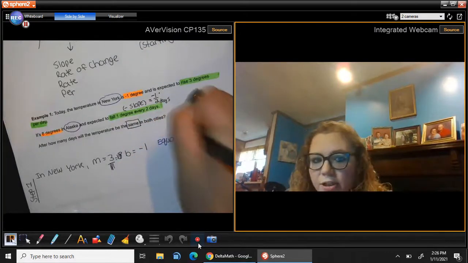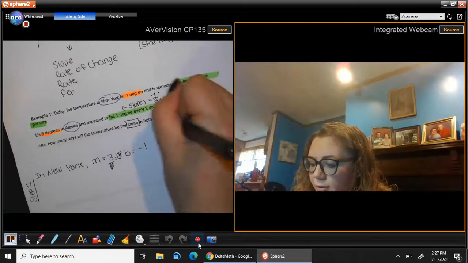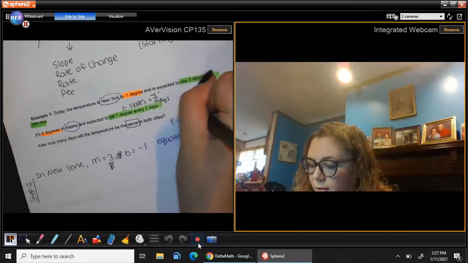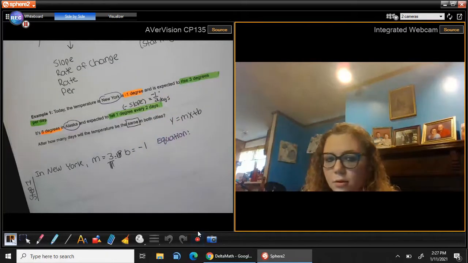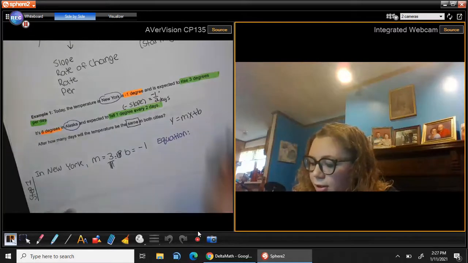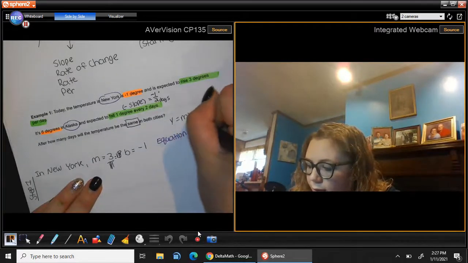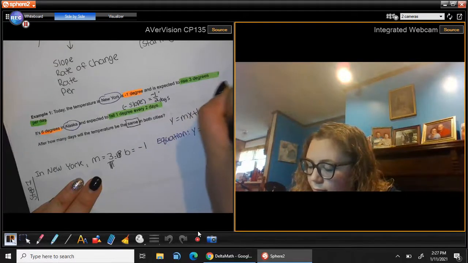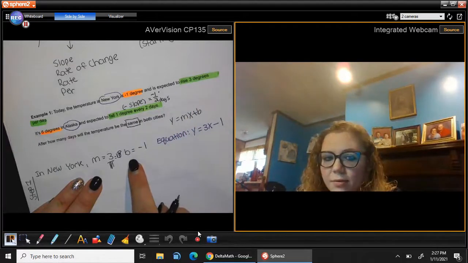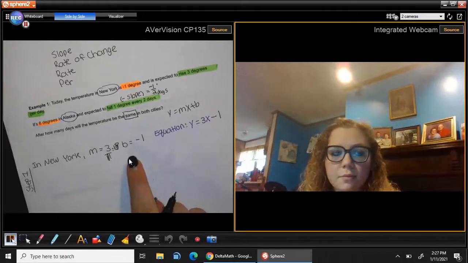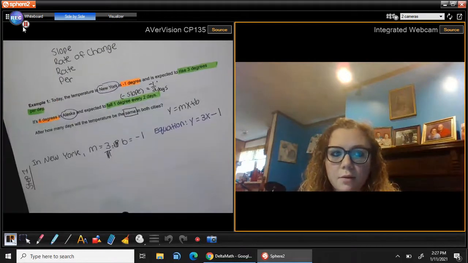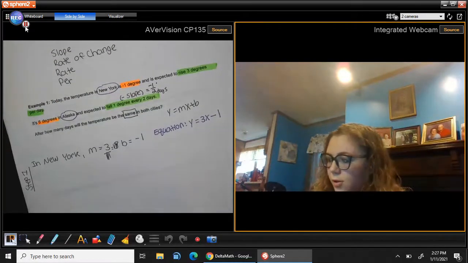Remember, the equation of a line is y equals mx plus b. Okay, so I'm going to write out my equation, plugging my slope in and my y-intercept in. So y equals 3x minus 1, which is my b. Okay. So let's move on to